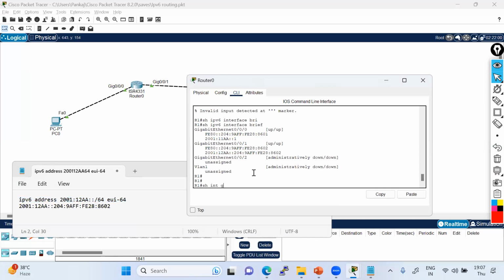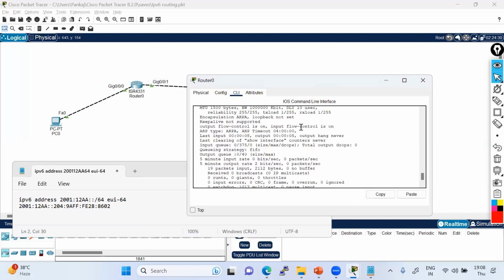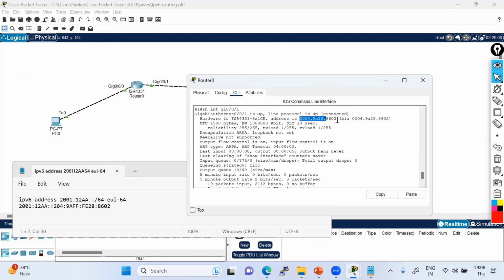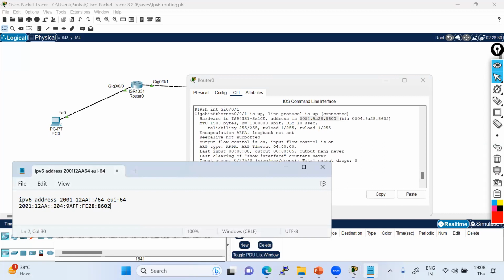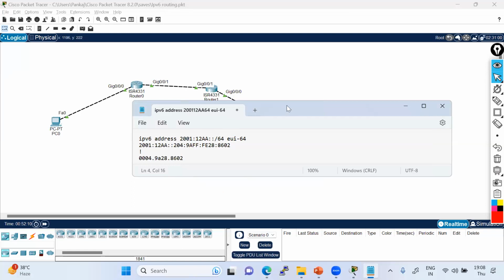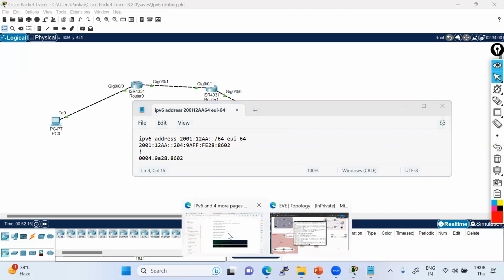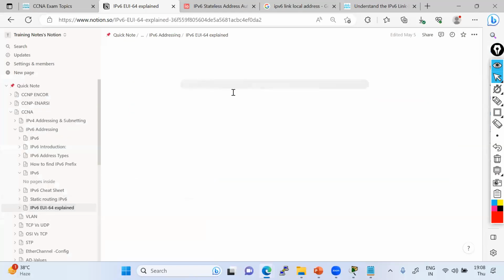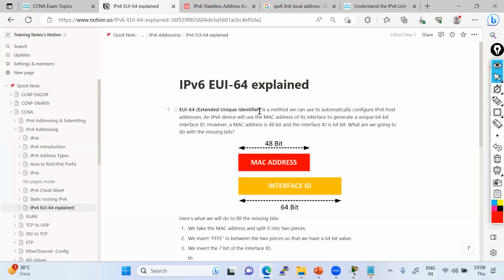Let me tell you the MAC address. The show interface gig 0/1, right? What is the MAC address of this interface? This is the MAC address. So EUI is going to derive the IPv6 address with the help of the MAC address, if we use this particular EUI-64 command. EUI-64 is known as extended unique identifier, which is going to use any network address and make any unique IP address.